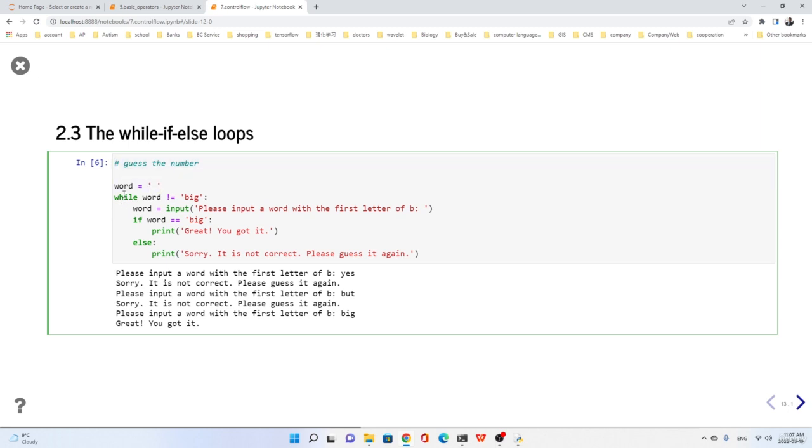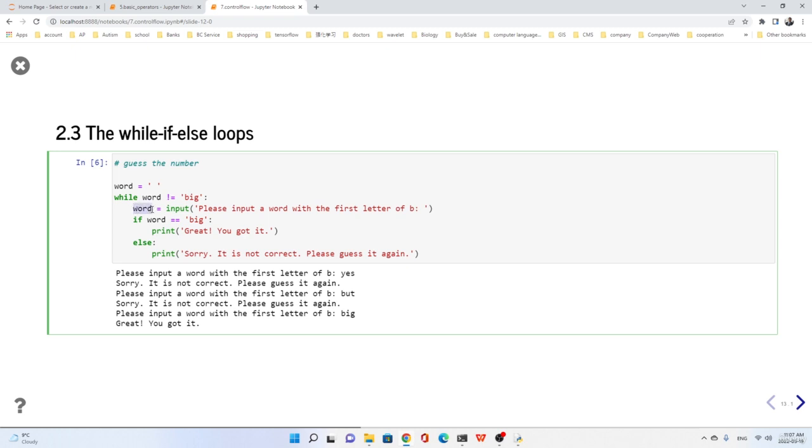We use while word not equal big. If it is not equal to big, that means the word is not big, right? If not big,